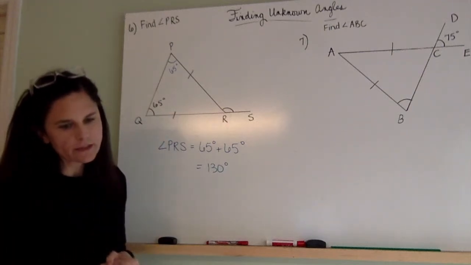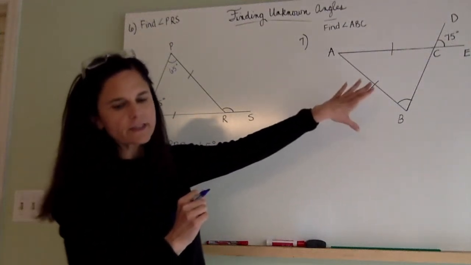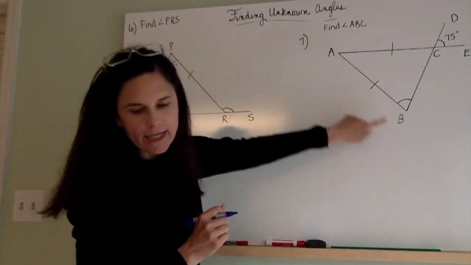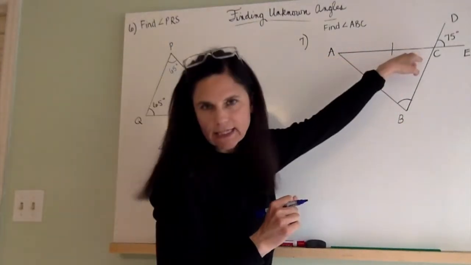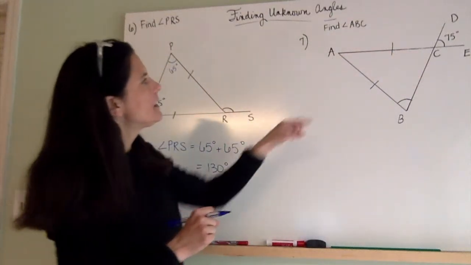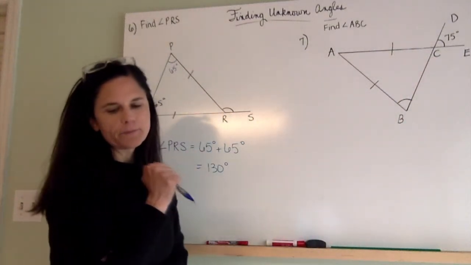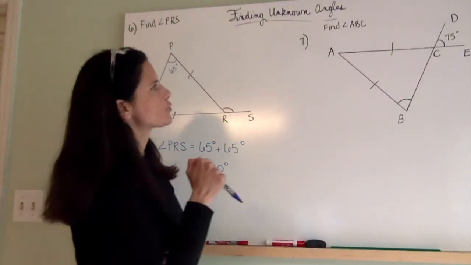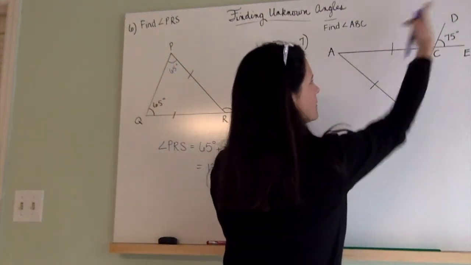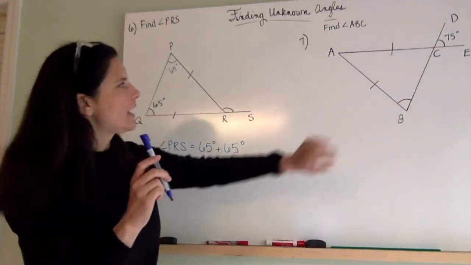All right, that was number 6. Let's move on to number 7 over here. In this figure, we're told that this line AB is equal to AC. That's important information. We are also told that angle DCE, this angle right here, is 75 degrees. BCD and ACE are straight lines. So this line and this line are straight lines. And we are asked to find